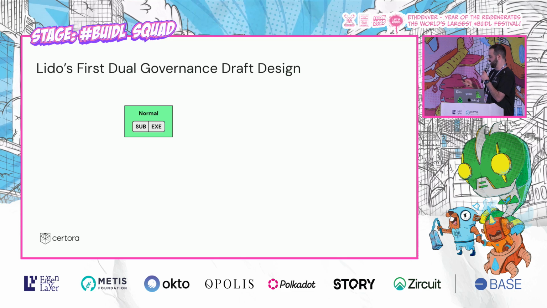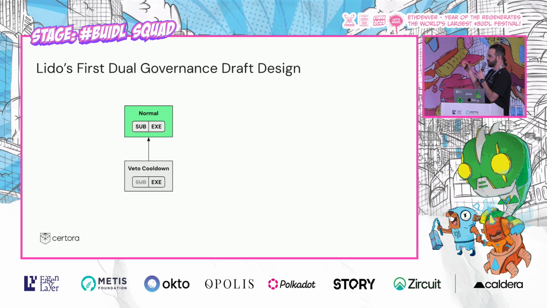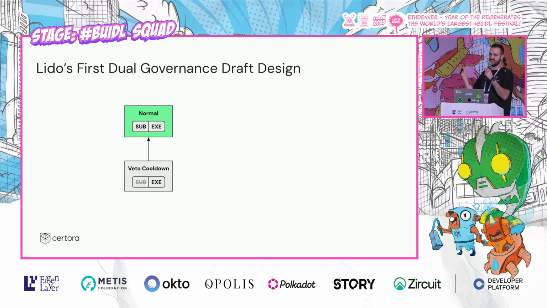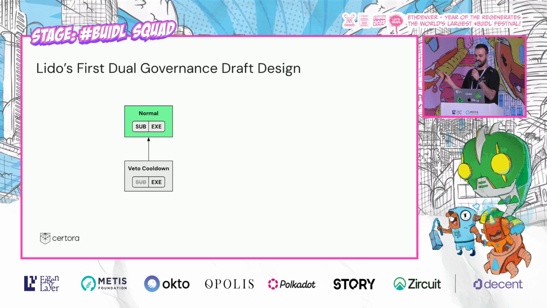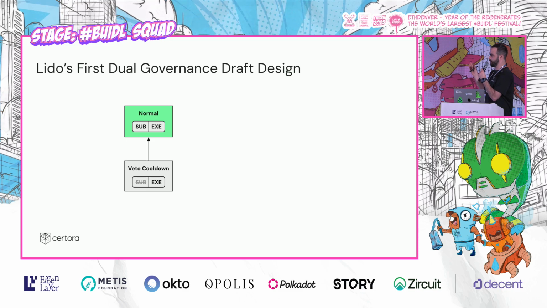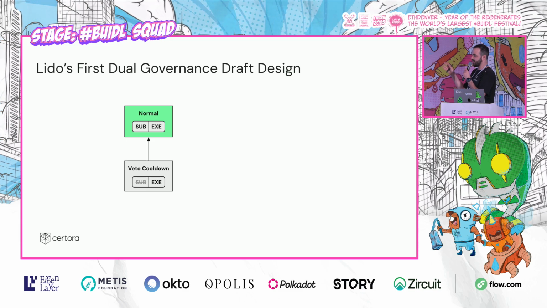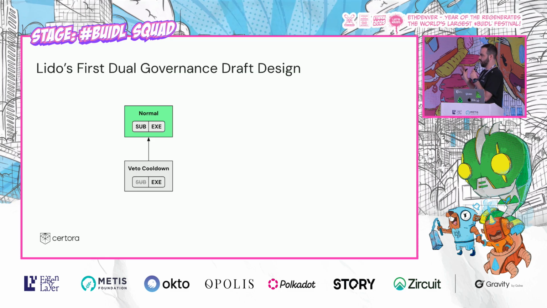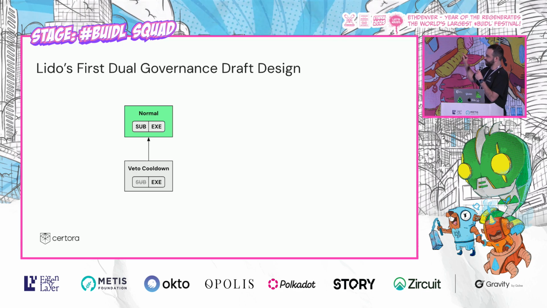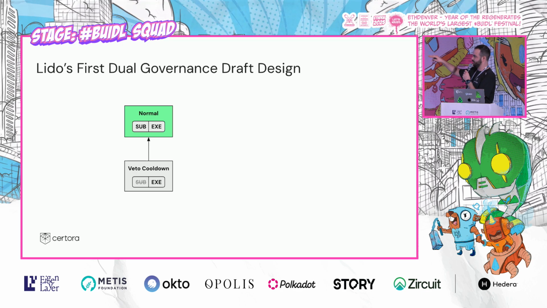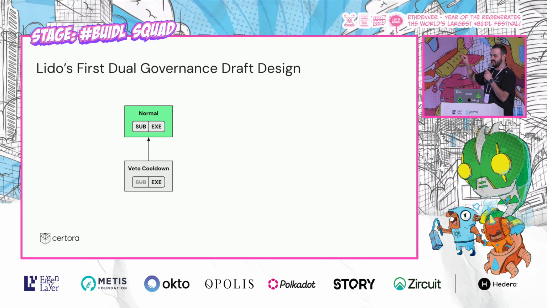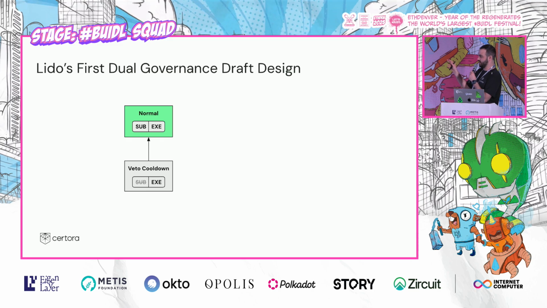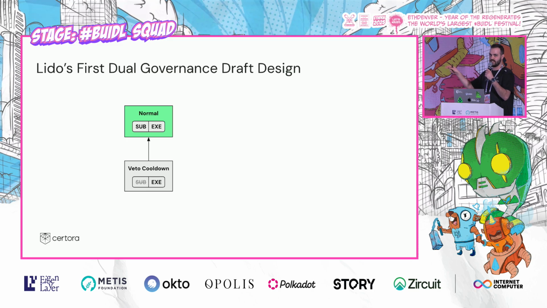What's new here is that now we have another state, which is the Veto Cooldown state. We need to be in this state for 24 hours, and in this state we can only execute and not submit anything, which means that if there are previously submitted proposals, we can execute them. Otherwise, we cannot submit anything new. But this state only lasts for 24 hours, which is not that long. Also, just a reminder, all of the numbers I'm saying, the 3 days for the time lock, the 24 hours, and other numbers I'm going to say right now, are only temporary until Lido's DAO approves everything, which means that they might change. For example, the Veto Cooldown duration was 24 hours, and now it's 6 hours.